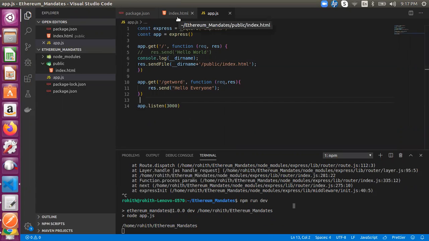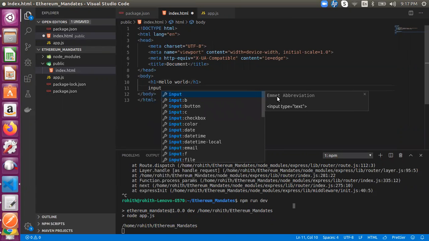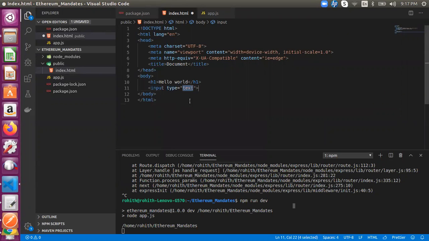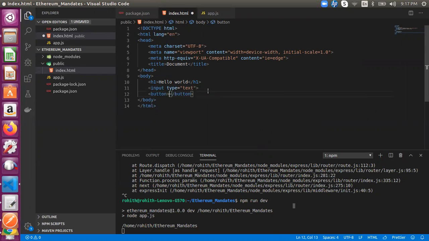So we have attached the front end to our web server. Let's add some text box, so that it looks pretty easy. Input. When I click input, I get an input text tag, something like this. For this text, I will put one button, something like get response.